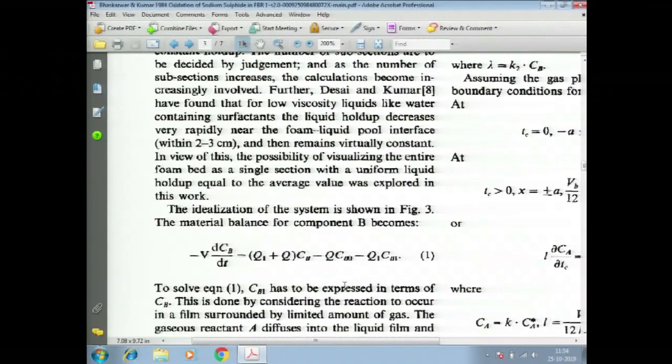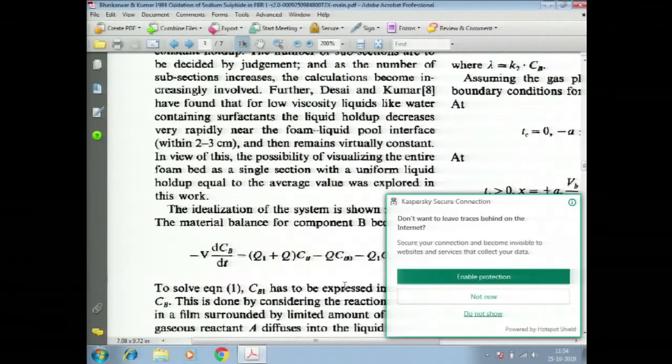We bring it down to solution of a diffusion equation together with a chemical reaction within foam films, and it suffices to analyze only one film or even half a film, and then we can generate the entire picture for the foam section. So, addressing that part of estimating gas absorption in the foam section will require a sub model, and that merits logically a separate discussion. So, we will defer it to the next lecture.